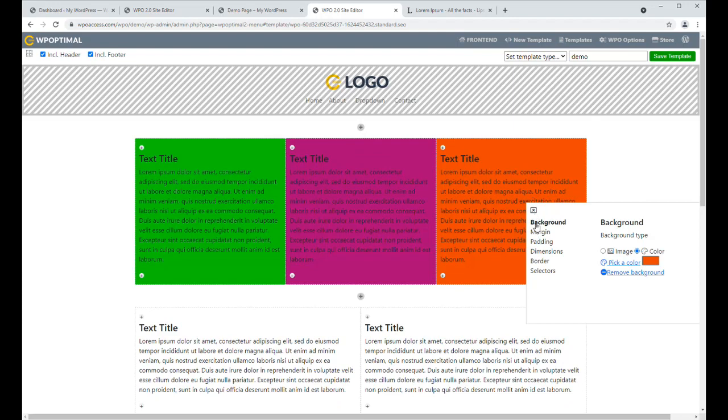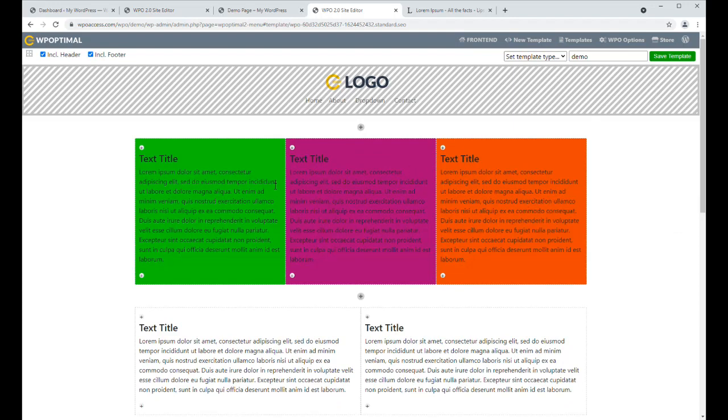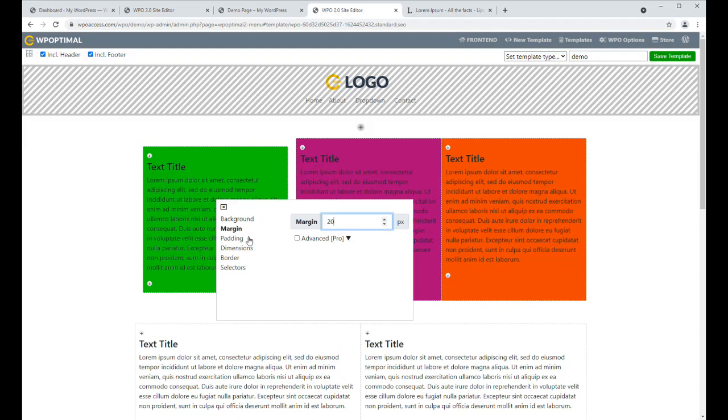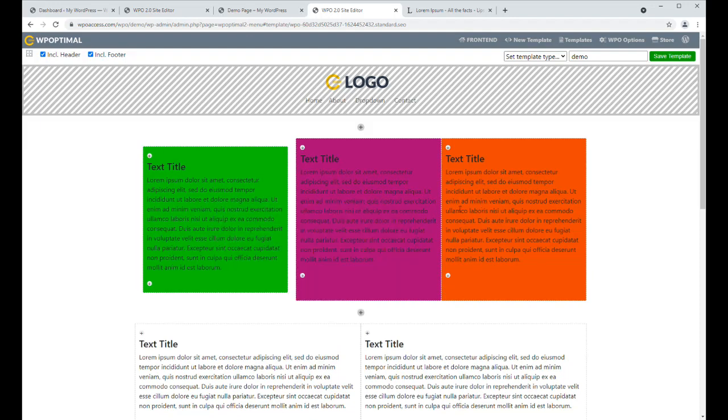Now that was individual element CSS, okay, and if we change the margin in the element CSS, there are two options here. You can have more detail in here, but if you want to just put say 20 right round, go like that,